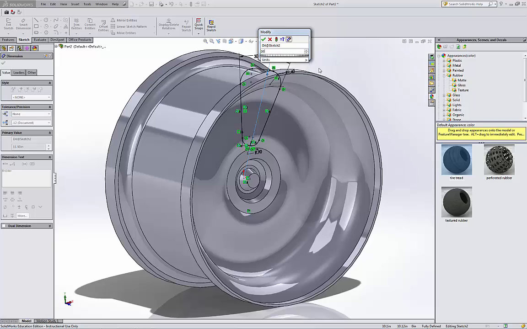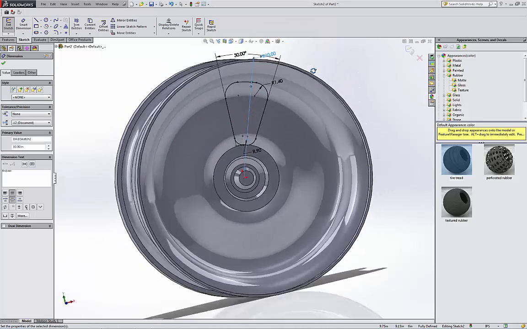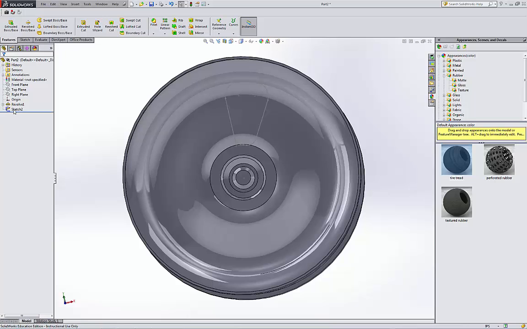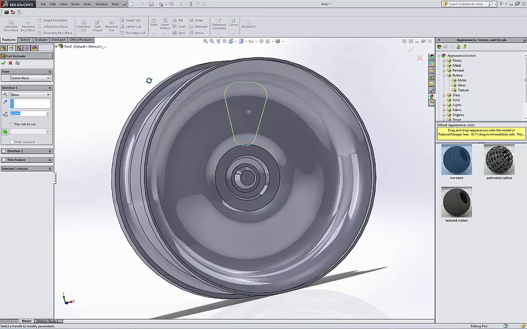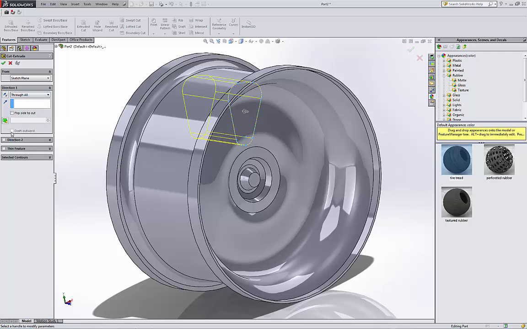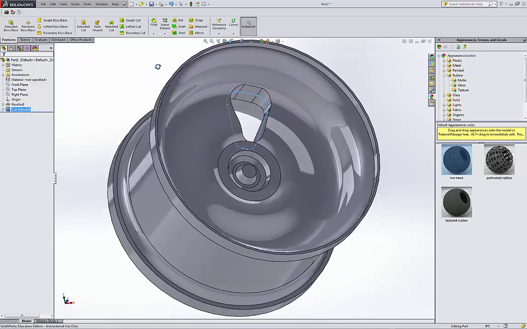Let's say how about 10. Because I don't want it to cut the whole thing. So it's good enough. I'm going to exit the sketch and extrude cut it through all in that direction and then through all in the other direction. Hit OK. So I have that spoke,